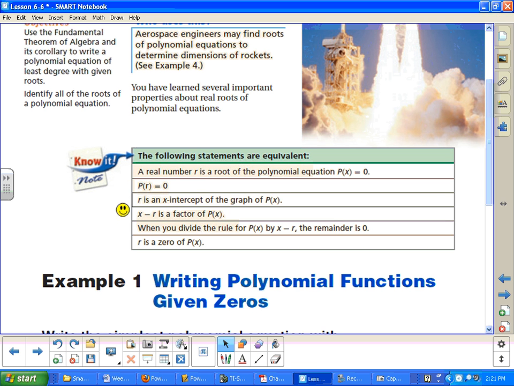Which means also x minus r is a factor. Okay, we showed factors and how the roots give us factors. When you divide by the factor, which we did with long division, synthetic division, if it is a factor, then the remainder is 0. And then we also use the terminology that r is a 0 of the function. So all these things are things we've talked about. They represent the same thing. Right? So we're going to take a look at